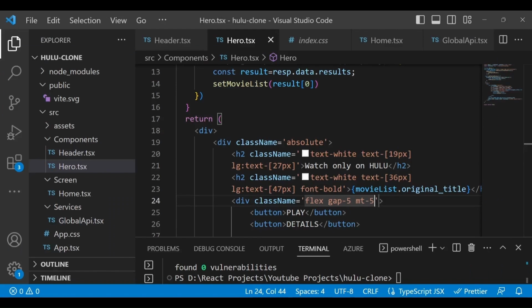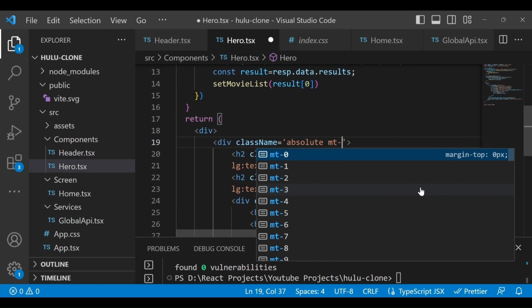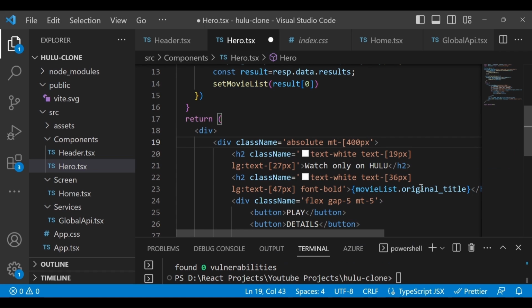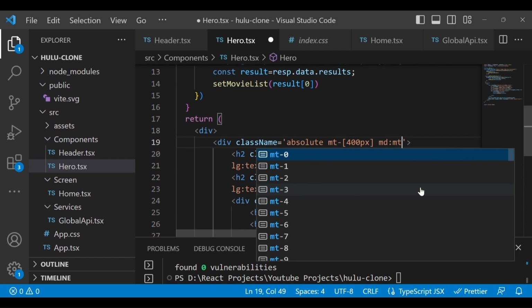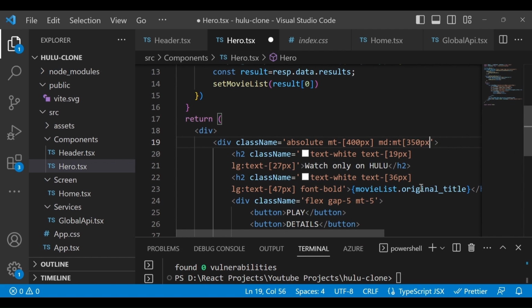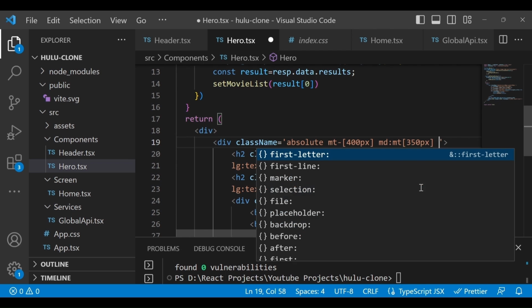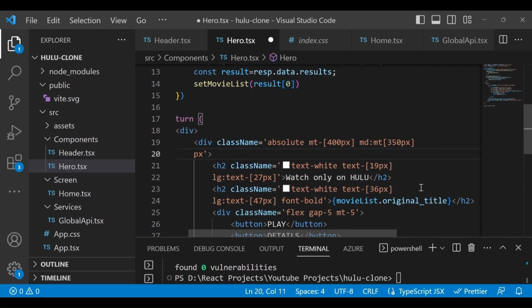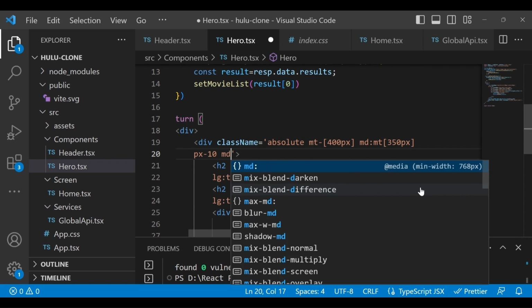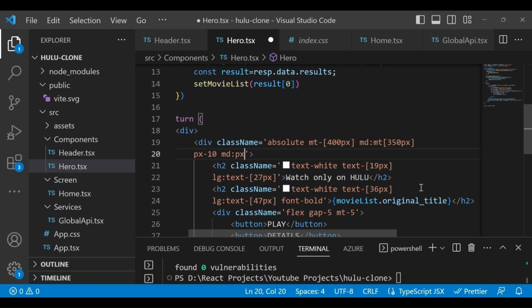So to this div, along with the absolute, we give margin top of 400 pixels when the screen size is smaller, but when the screen size is medium, I will give margin of 350 pixels. Also I will give margin on the x-axis of 10, and when the screen size is medium, I will give margin of 24 pixels.